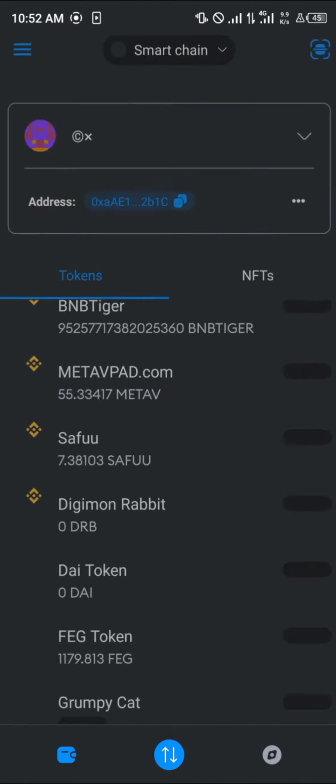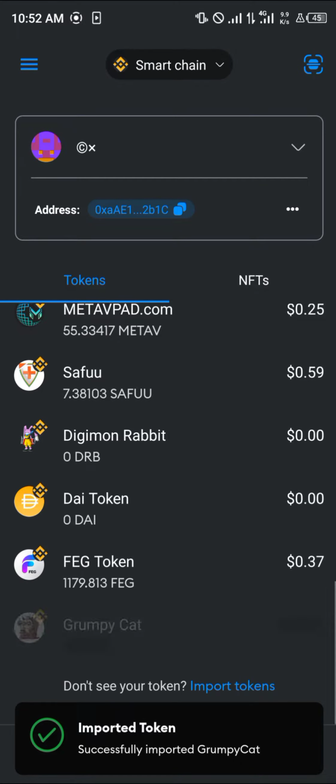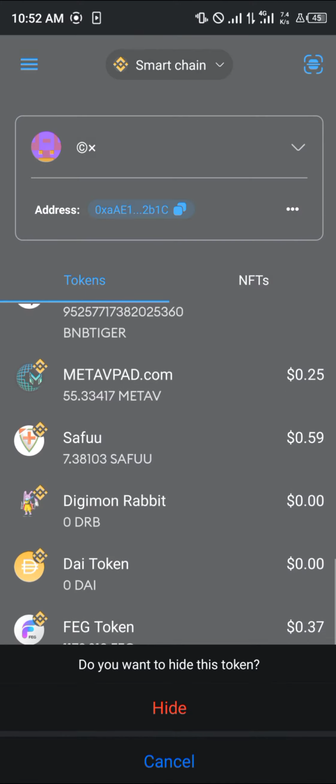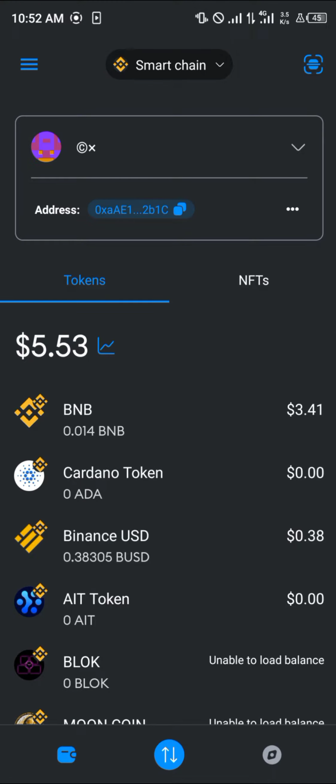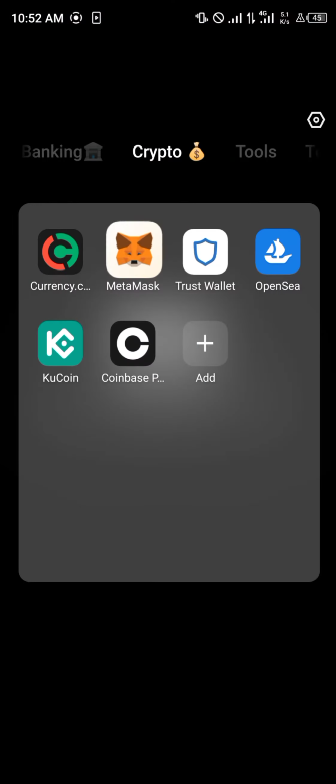And once you're done importing, you need to make sure the token is on your MetaMask. Okay guys, it's here. So your next step would then be to get some BNB. So if you do not possess BNB for gas fees and transactions, all you need to do is minimize and